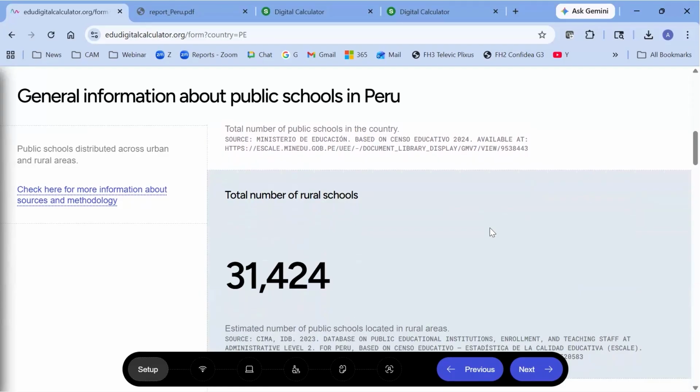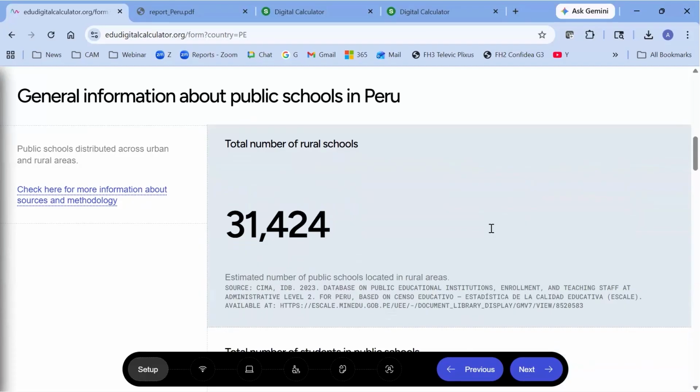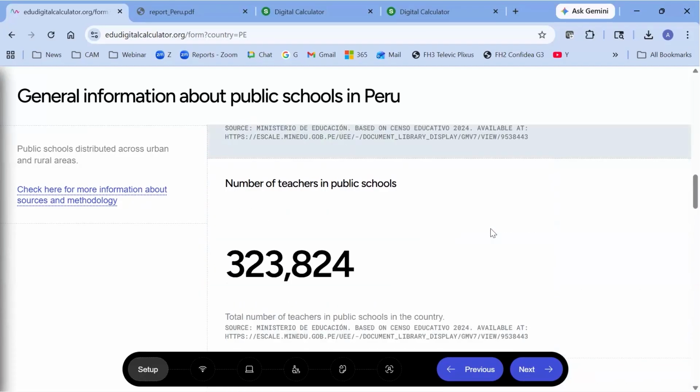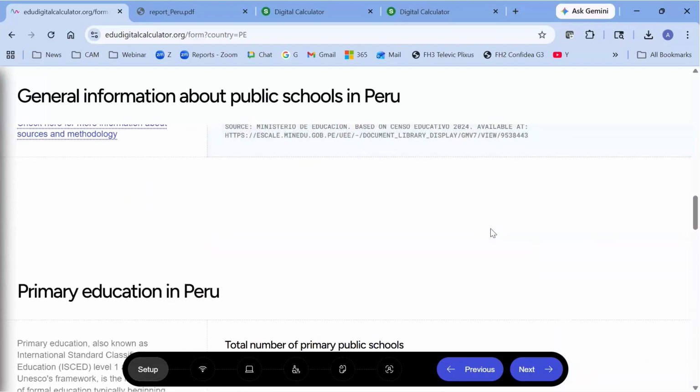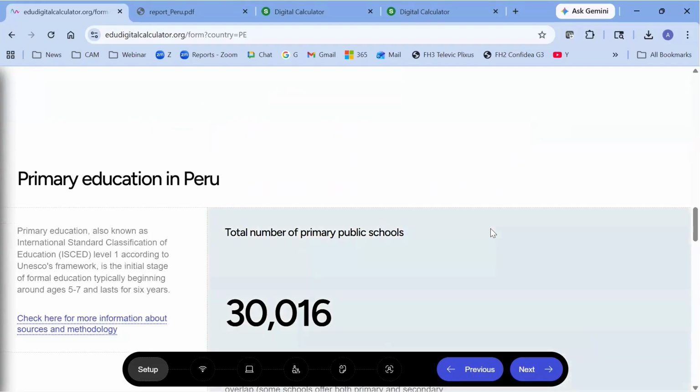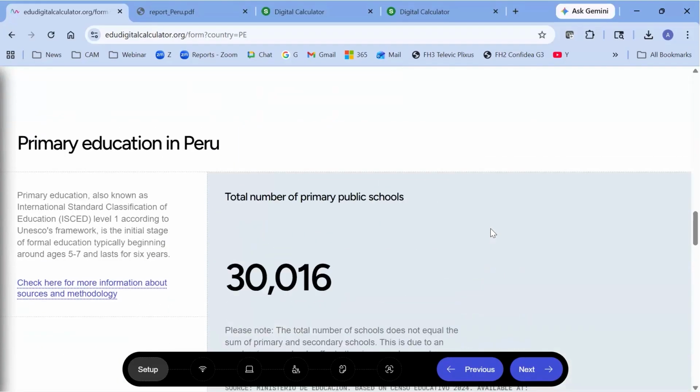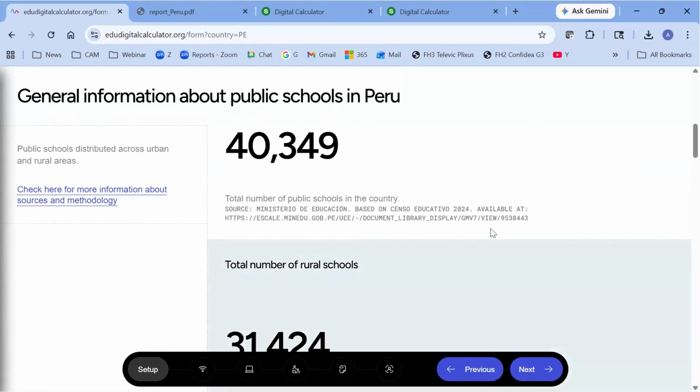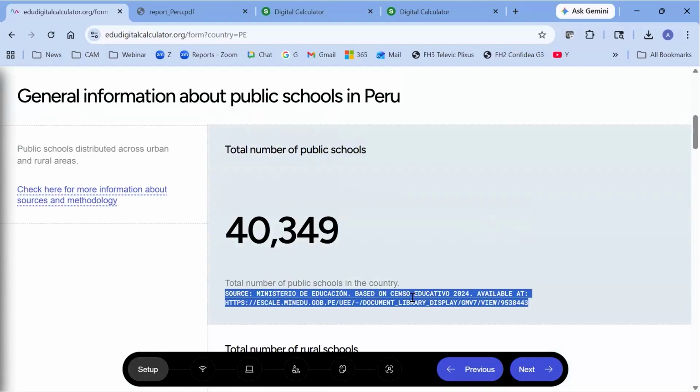So that's why we have these numbers split up. We have the students, the number of teachers, and we have them by primary and secondary schools. And here we do have the source of each one of those numbers.